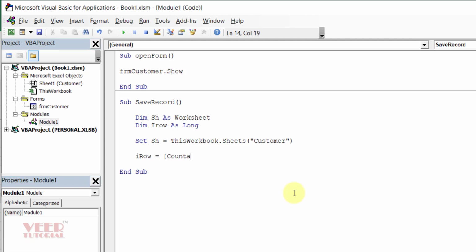CountA, and we will use customer, then exclamation, and we will check the field column of A, and we will close this bracket, and then +1. So we are using the CountA function of Excel for getting the filled rows. We would like to know how many cells are filled.